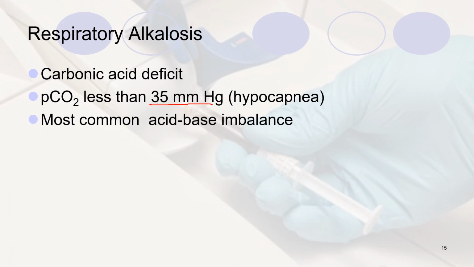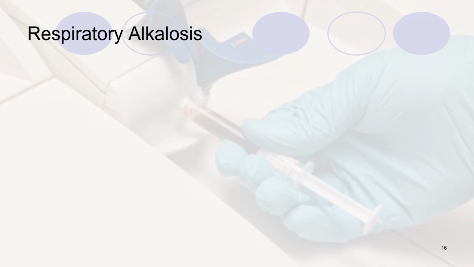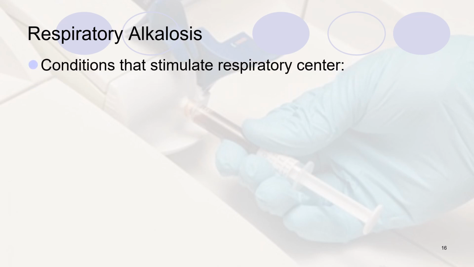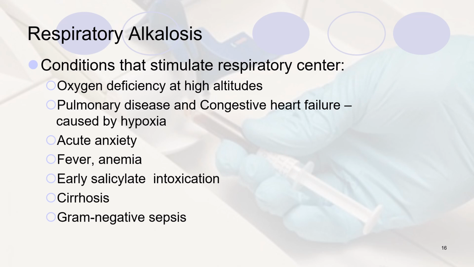This is the most common acid-base imbalance. The primary cause for respiratory alkalosis is hyperventilation. When there is hyperventilation, more carbon dioxide will be eliminated from the body. That leads to hypocapnia. Then respiratory alkalosis, the conditions that stimulate the respiratory center, the main causes are oxygen deficiency at